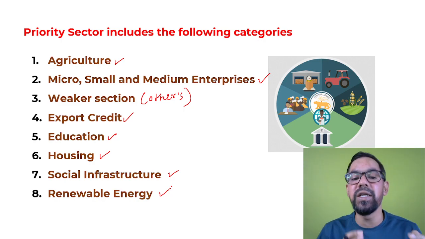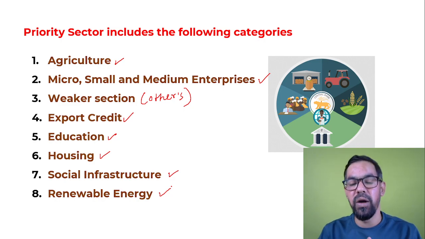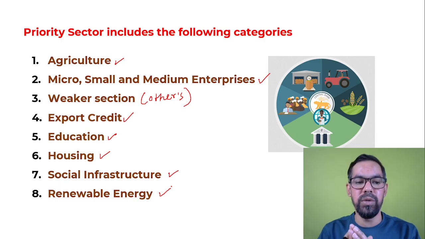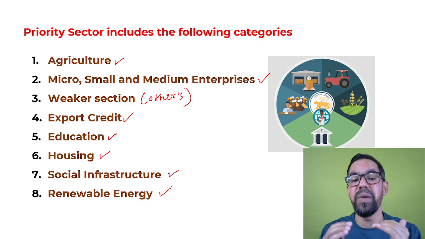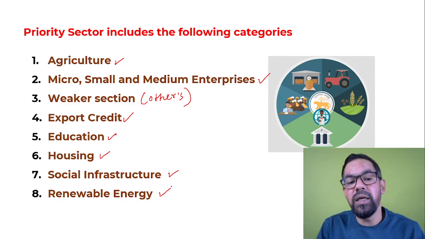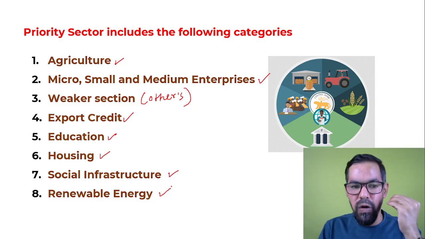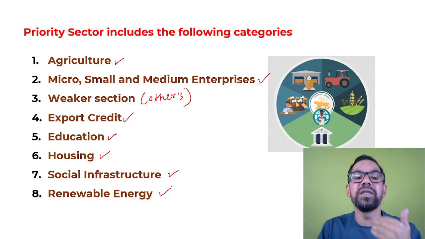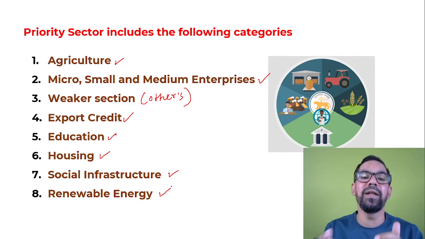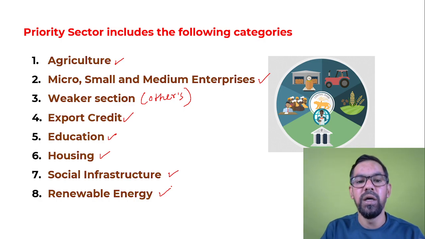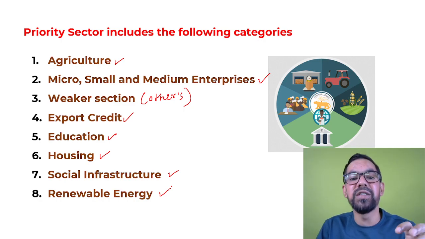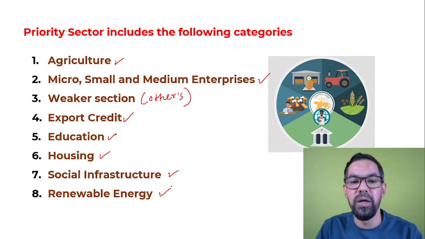So these are the eight sectors which are generally part of your priority sector. If you study these, the Indian economy has maximum dependency on these areas. And if you run a bank, these are quite risky sectors. Being a bank, if you lend in agriculture or to MSME sectors and all, there is a high chance of default. So that's why banks generally started ignoring these sectors. Then RBI made some mandatory rules for these sectors.